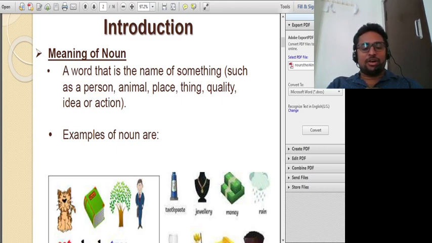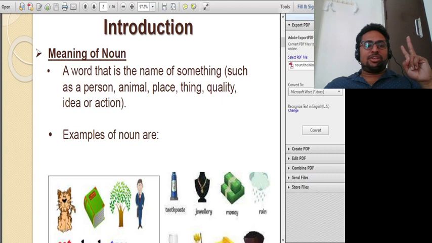In this class we are going to discuss what is countable, what is uncountable, and what are the concrete noun, the abstract noun, the material noun, and the collective noun. So noun is a naming word. We are using nouns to describe the names of things. It denotes the names of places and persons, things, weeks and months' names, insects' names, and creatures' names.